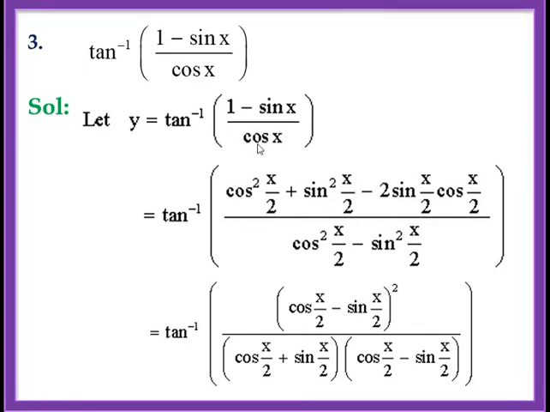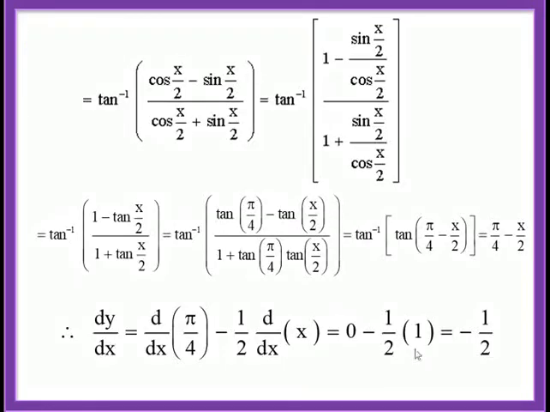Now what about the denominator? What is the formula for cos 2 theta? Cos square theta minus sin square theta. So what is cos x? Cos square x by 2 minus sin square x by 2. Is that clear? What are the factors of a square minus b square? They are (a plus b) into (a minus b). Now one cos minus sin gets cancelled. So in the next step, you will notice that it is (cos x by 2 minus sin x by 2) upon (cos x by 2 plus sin x by 2). Now divide numerator and denominator by cos x by 2 to get (1 minus tan x by 2) upon (1 plus tan x by 2).